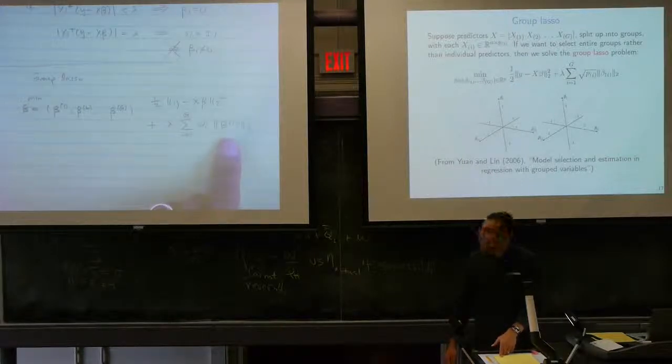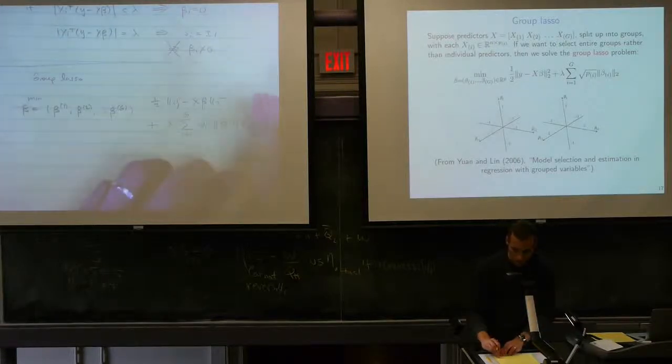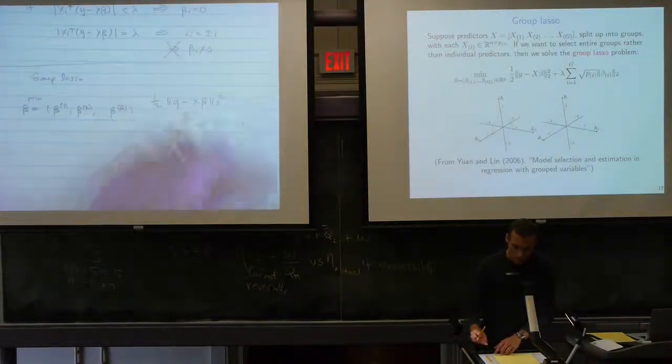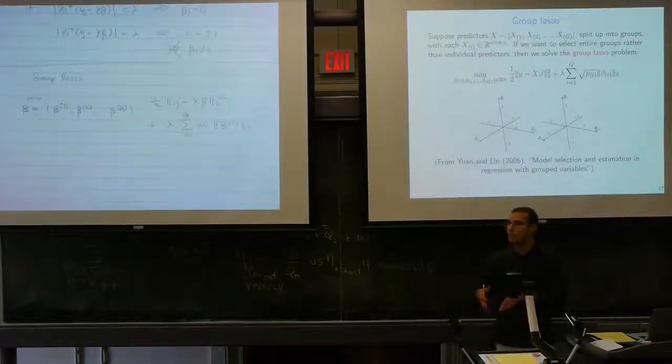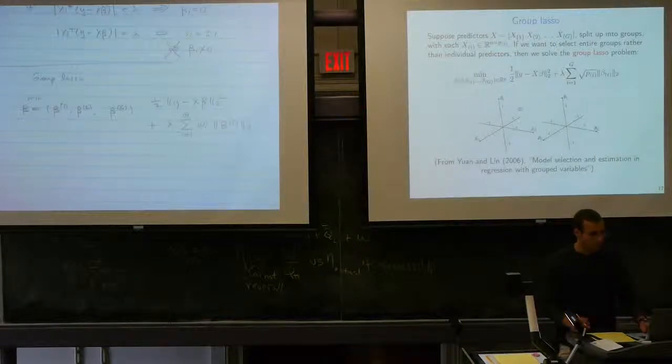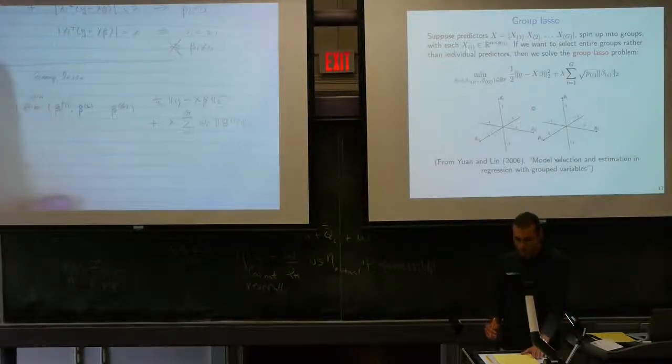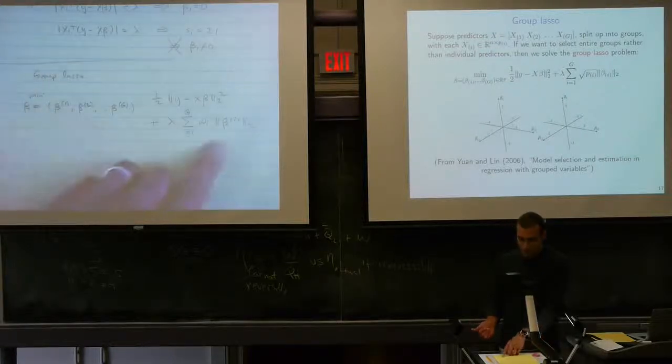Right, so this seems eerily close to the L2 squared norm. And if I had a squared there, then we know that's not going to give us anything that has zeros in it. It's just like doing ridge regression. We could write out the solution explicitly, and it just would be kind of moving the components of beta towards 0. But somehow when I don't have the squared, if I have just the L2 norm, it turns out to do the trick. We select blocks of variables at a time. This is a problem that lots of people studied after its proposal, and it's become quite popular for group variable selection. So we're going to look at the KKT conditions, and they're going to give us some insight